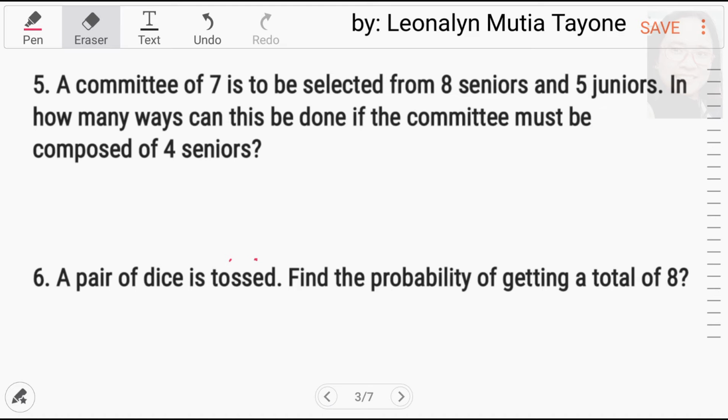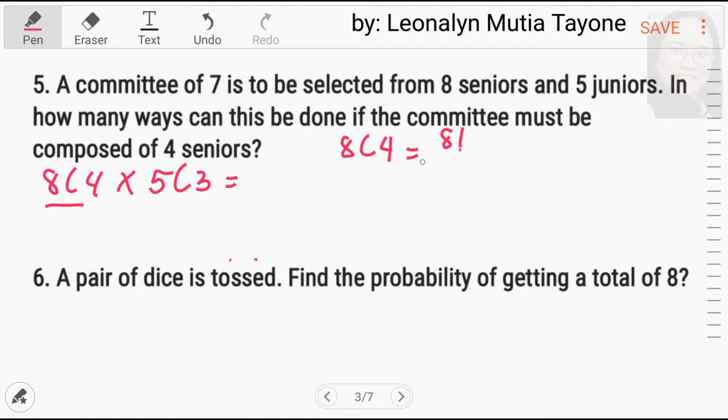Paano natin malalaman kung ilan yung ways? So, 8C4 times 5C3 equals. Ito muna. 8 choose 4 or 8C4 is equals to 8 factorial over 4 factorial times 8 minus 4, factorial. Ito yung mga factorial ang mga ito. 8 minus 4, ang sagot dito ay 4. So, kopyahin lang natin ito. 4